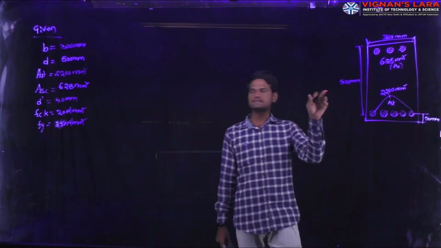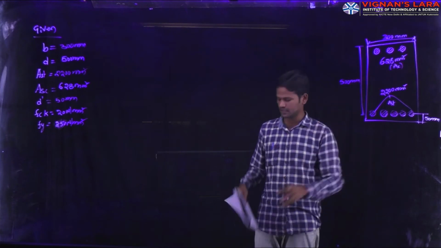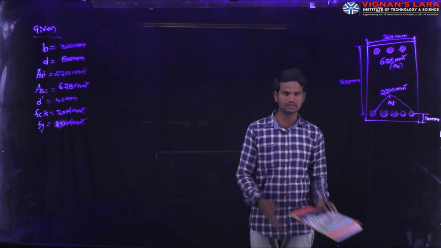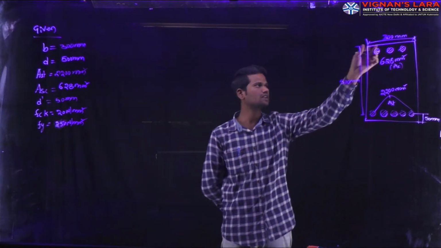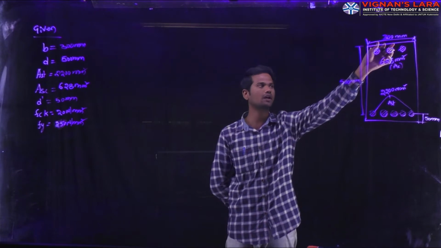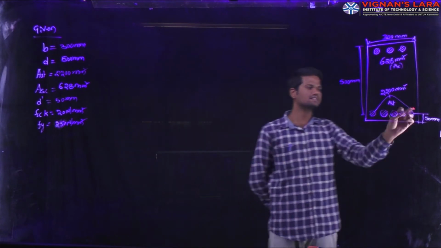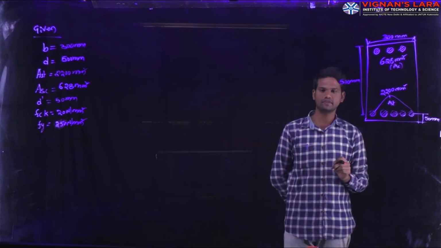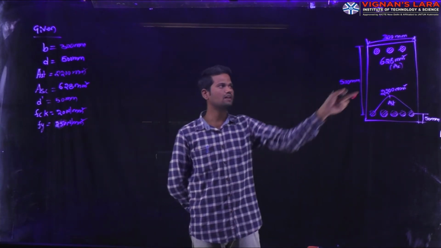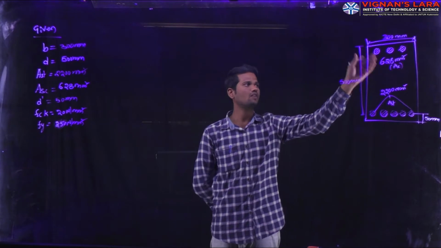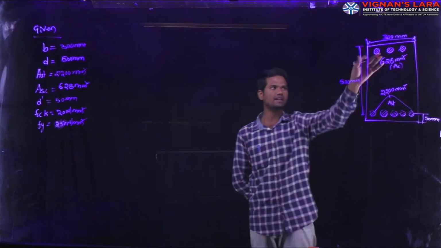These are the design or analysis parameters given in the problem. I have already mentioned them here. They have given one rectangular beam, having width of the beam equal to 300 mm, effective depth of the beam equal to 500 mm, and the effective cover as 50 mm. The number of bars is not mentioned for this particular analysis problem. For easy representation, I have shown the bar diameter. You need not draw these bars also.